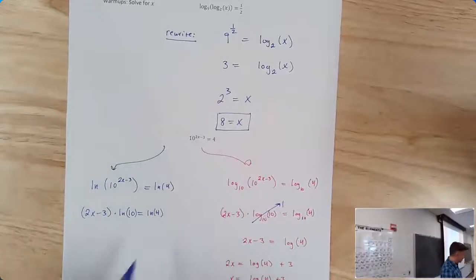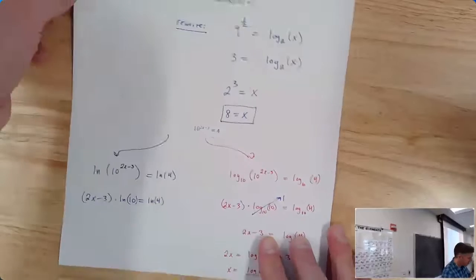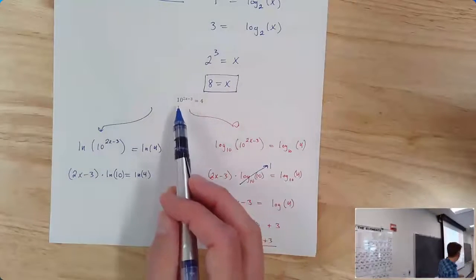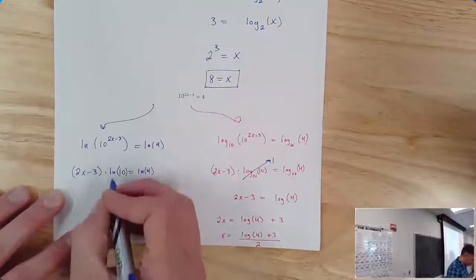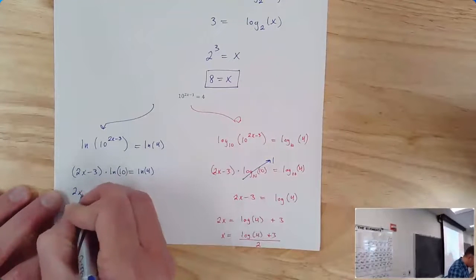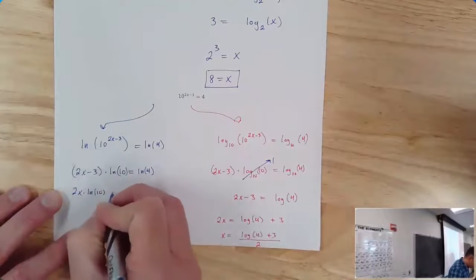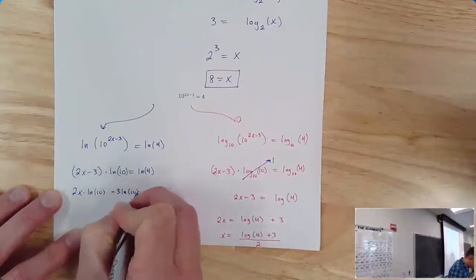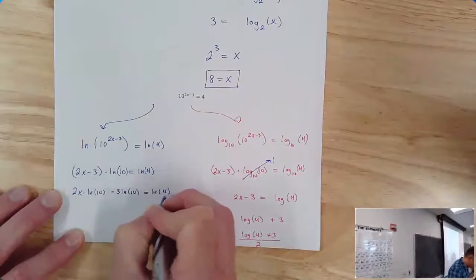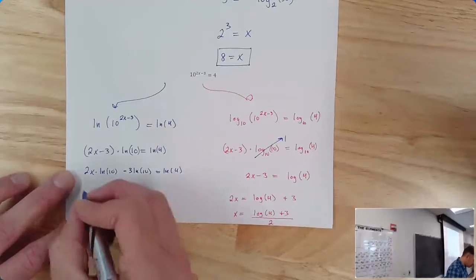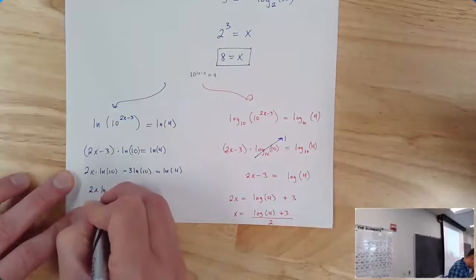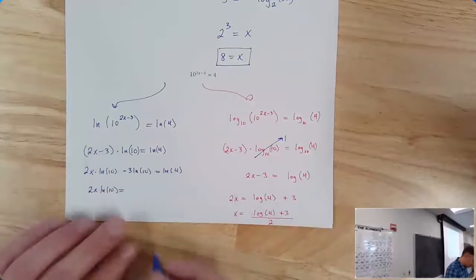On the other side of things, it's a little dicier. So I will point out, it is certainly nicer to use the base that you have. It just is. But that base isn't always available on a calculator, so we often default to natural log. Here, I would distribute the natural log of 10. Let's say I have 2x times natural log of 10 minus 3 times natural log of 10 equal to natural log of 4. I'm going to bring this over to the right-hand side, so I have all my x's on one side. So I have 2x natural log of 10 equal to,